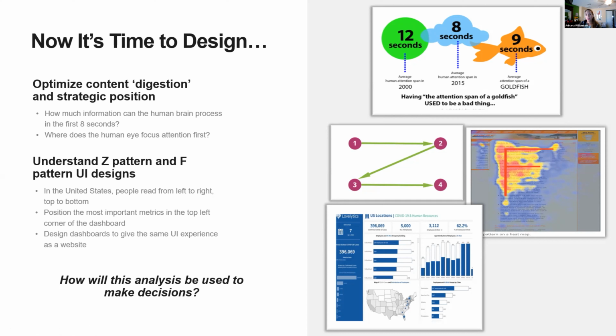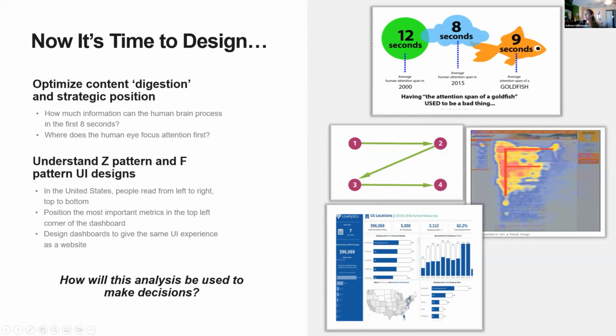Whatever works for you and makes you successful in communicating with your internal stakeholders and your clients, use it. For me, the C pattern and the F pattern are the most successful designs for the dashboards that I have created for my clients.